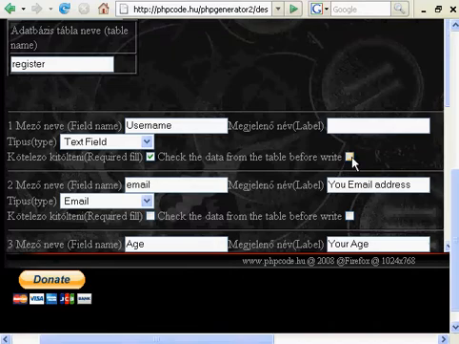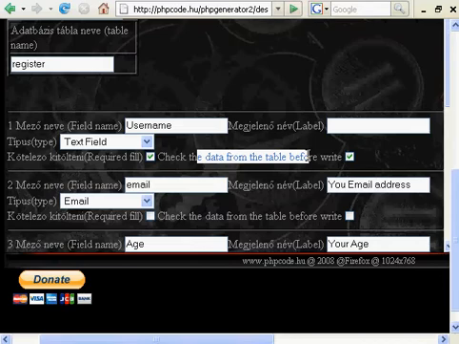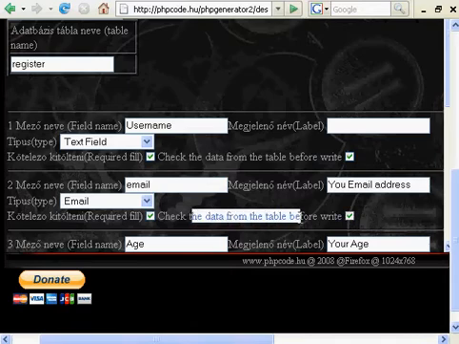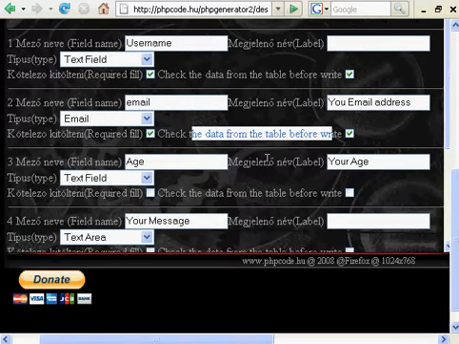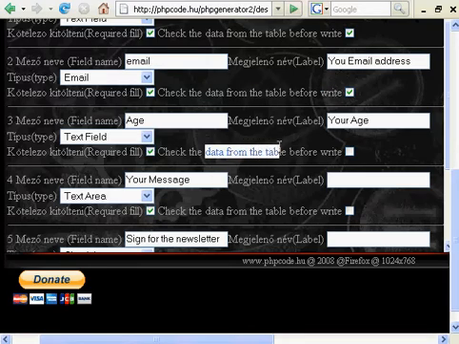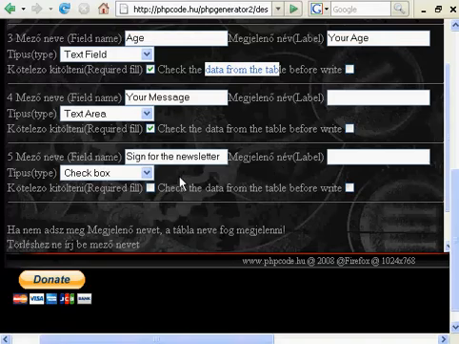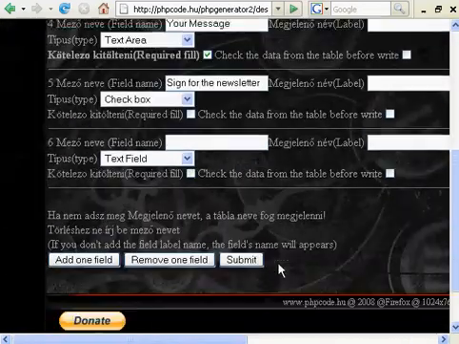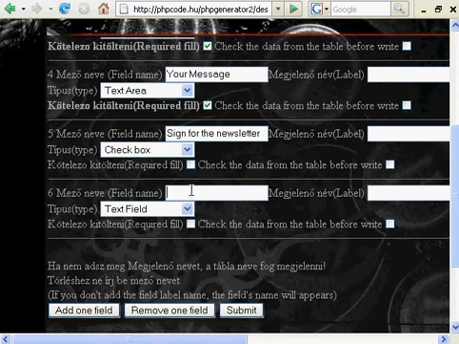Alright, so the username is required, and check the data from the table before write. That means that field will be unique, and check if the user writes a data which is already in the field table. Alright, so email is required, and check that from the table before inserting it. Age is required, your message is required, and so on. And another field, which is a date time type,